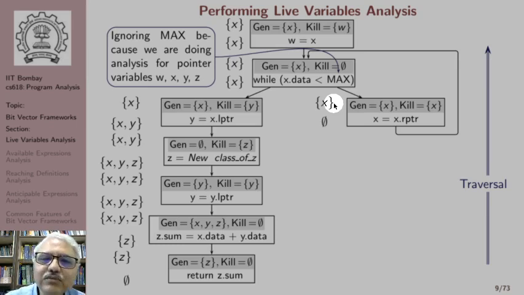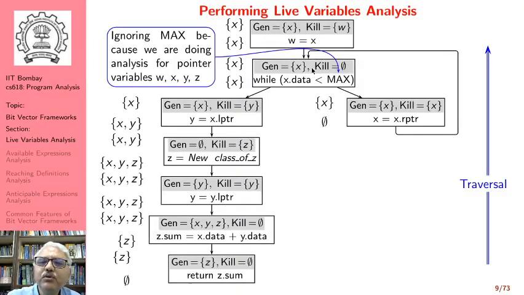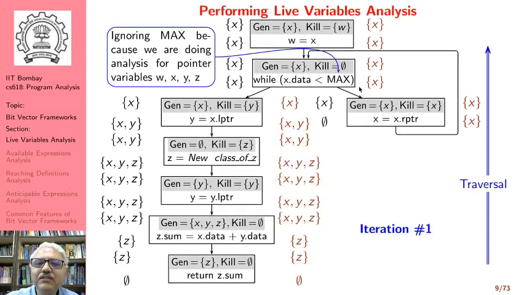Note that as a consequence of this, we have a certain inconsistency here. This out should include everything that's there in this in, but it does not include it right now because this node was visited before this node, and therefore we need to continue refining our values. So if we were to compute our values again in the next traversal, we get these values. This is the value that we get in iteration 2. The earlier values were the values in iteration 1. In iteration 2, we get these values.